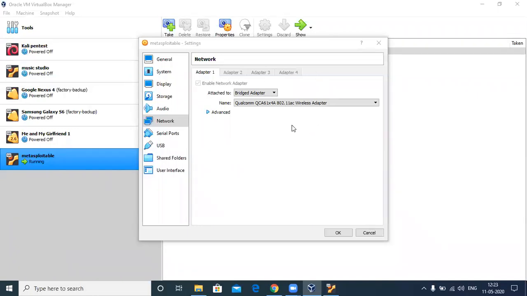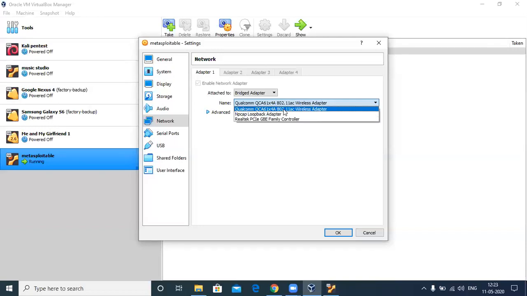Yeah, that's it. So you have to always change this to a bridged adapter. Now you might have a doubt about what is the difference between a NAT adapter and a bridged adapter. If you put it to bridged adapter, it will create a separate connection for this particular machine and assign an IP. Then you have to select whatever connection you're using on your host system. If you're connecting through an Ethernet LAN cable, select the Ethernet, and if you're using Wi-Fi, select the wireless adapter.